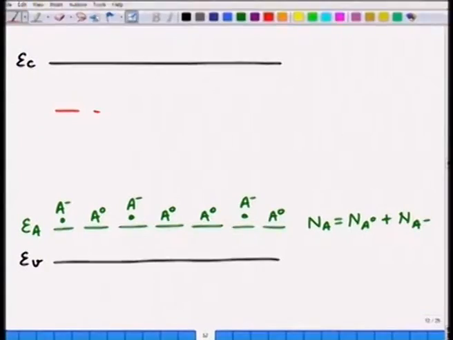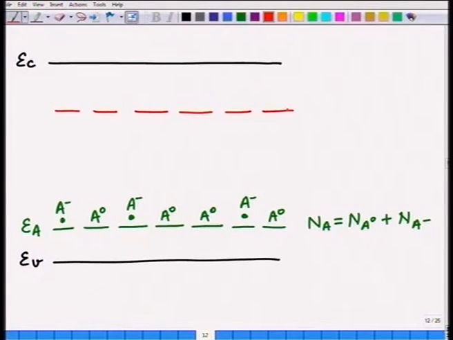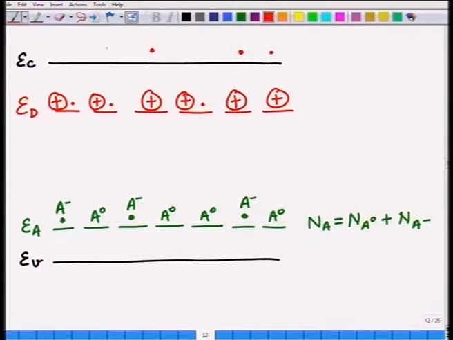Similarly, we think of this as the donor level, and in the donor level some electrons are bound, the fifth electron in phosphorus for example is bound, and in some cases the electron has been given away. So, this is E d level, this is E d level,